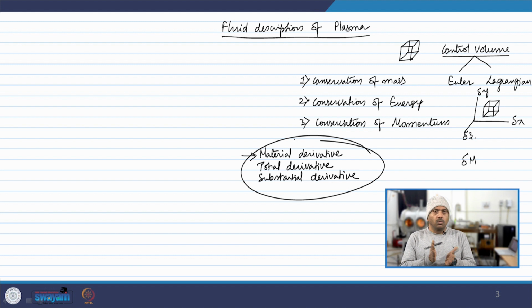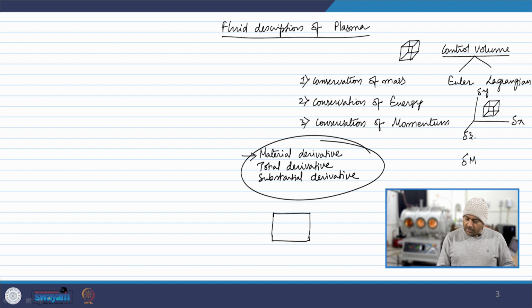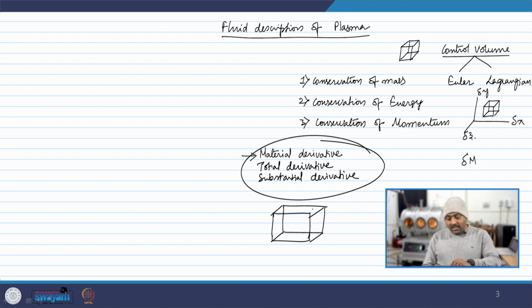fluid through this control volume, both the things, Eulerian and Lagrangian, we have to understand. If it is the measurement of physical parameters inside this small volume that you are trying to accomplish, then it can change. Let us say you are trying to measure the temperature inside this volume. The measurement of temperature can change because of two things. One, let us say the fluid is passing through the volume. With time, the temperature of fluid that is getting in may differ, and as a result, you may see a variation of temperature inside this volume, right.